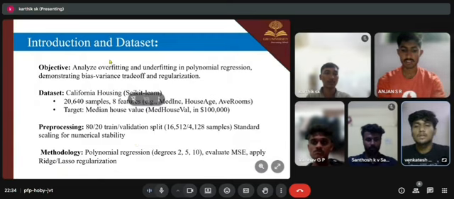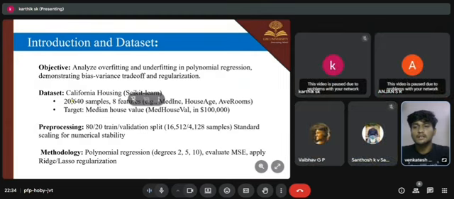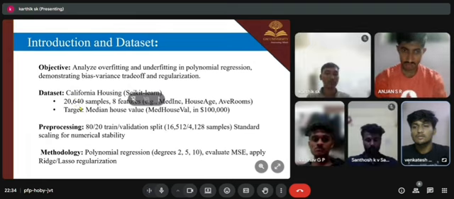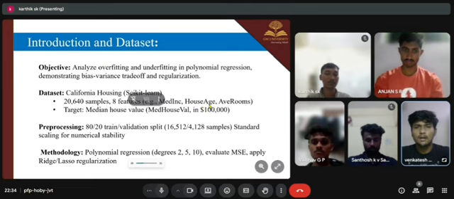Here is the introduction of our data set. Here is the objective: analyze overfitting and underfitting in polynomial regression, demonstrating the bias-variance trade-off and regularization. The dataset is California housing from scikit-learn, with 20,000-some samples and 8 features, including median income and house age,